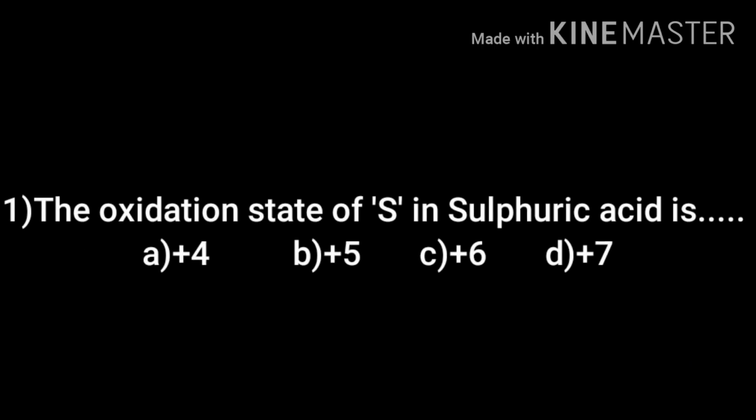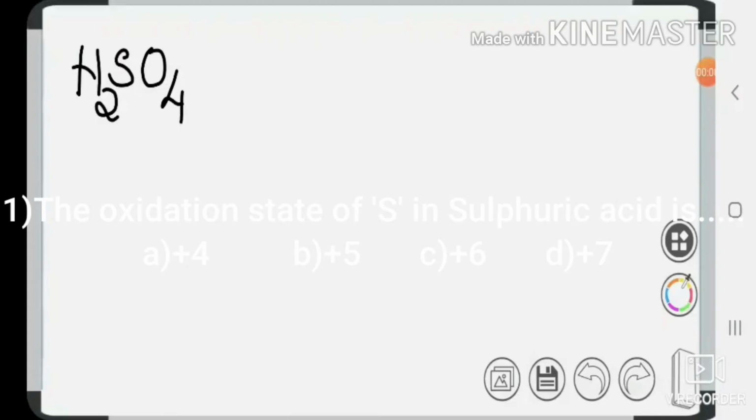The first question we are going to discuss is: the oxidation state of sulfur in sulfuric acid is. The options given here are A +4, B +5, C +6, D +7. We want to find the oxidation state of sulfur in H2SO4. First of all, we can draw the structure of H2SO4. Here we know that the central atom is sulfur